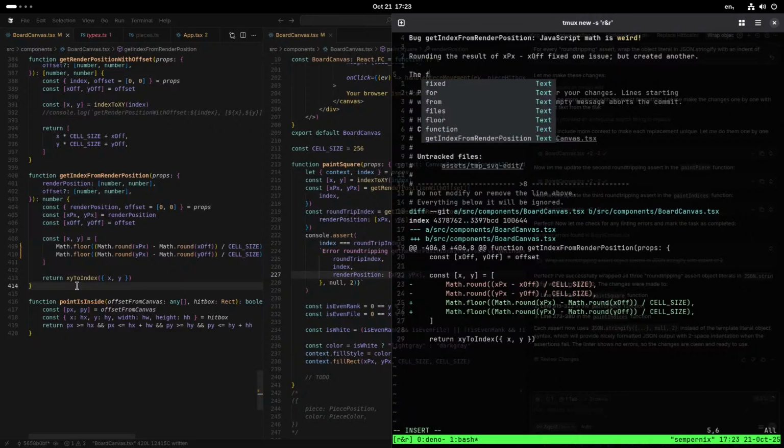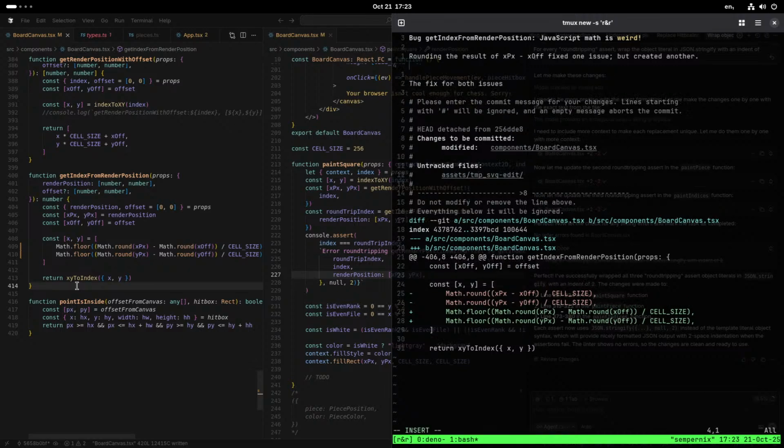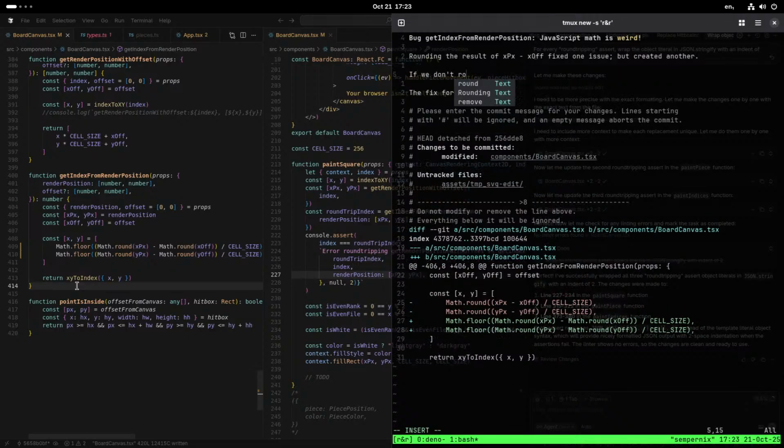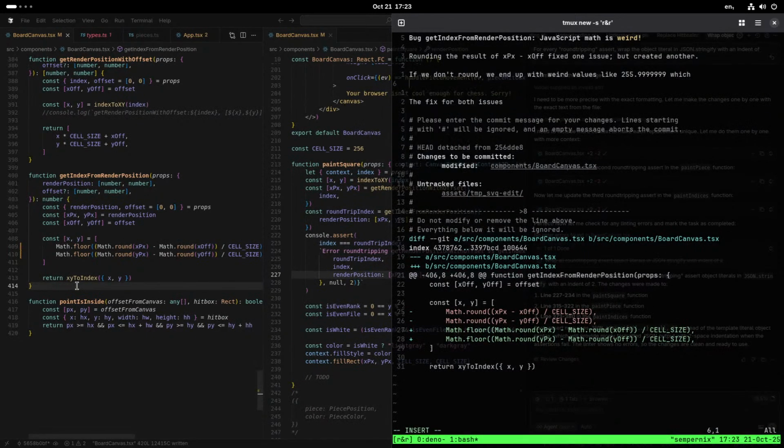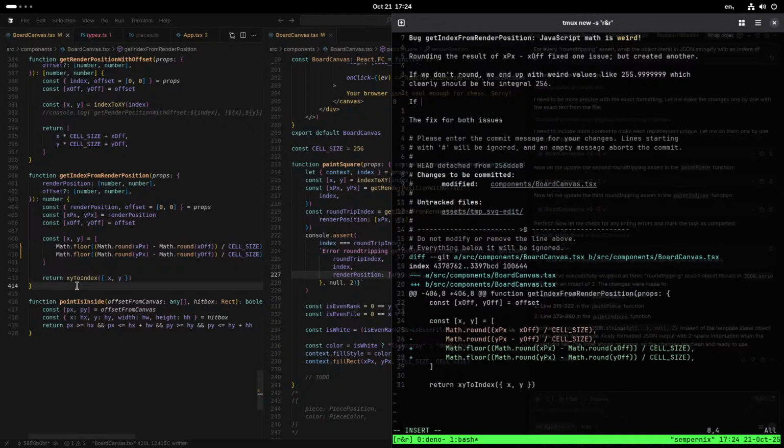The fix for both issues. If we don't round, we end up with weird values like 255.999999, which clearly should be 256, should be the integral 256. If we round the result,